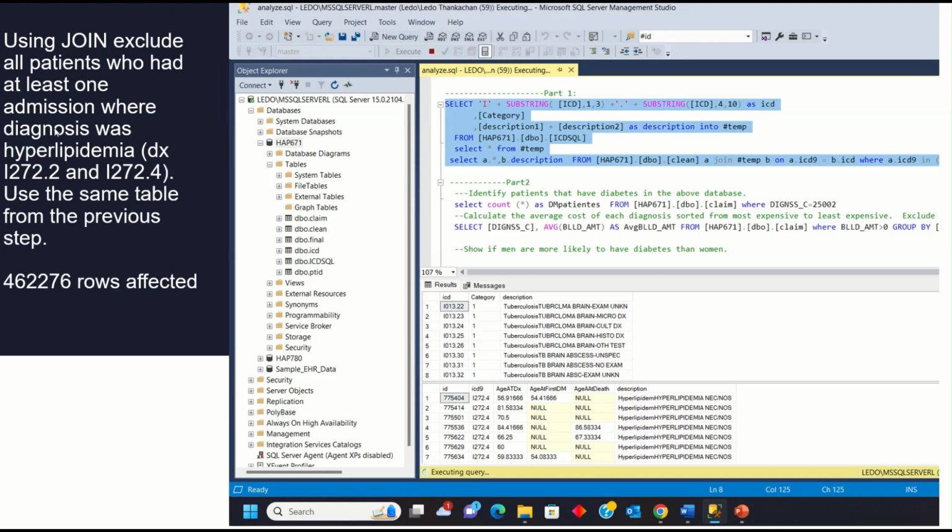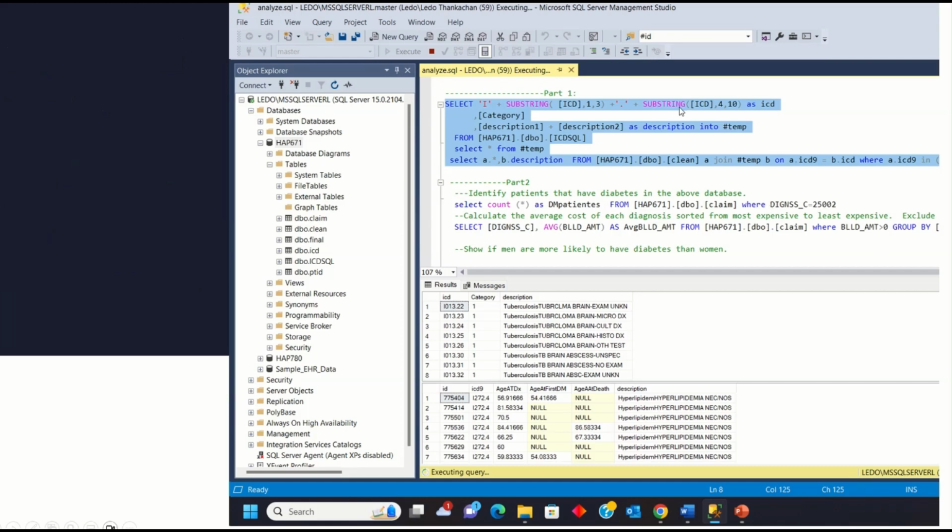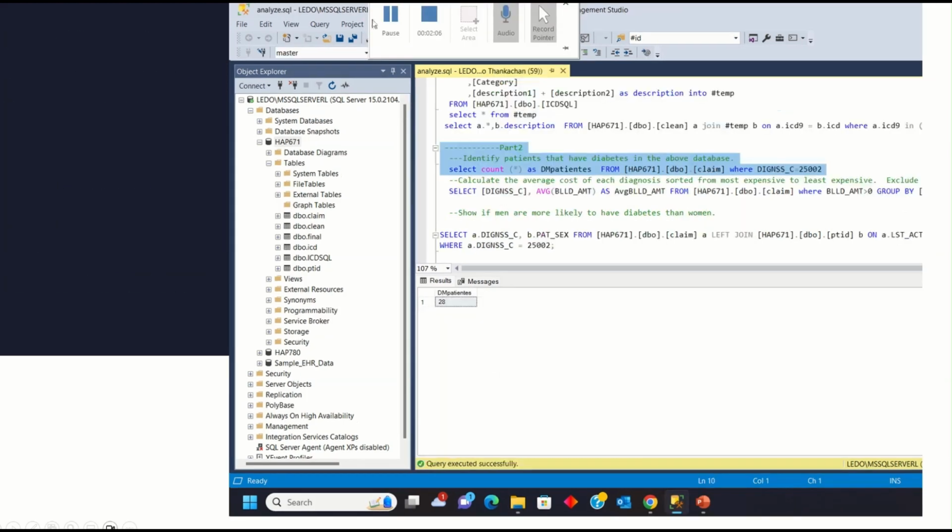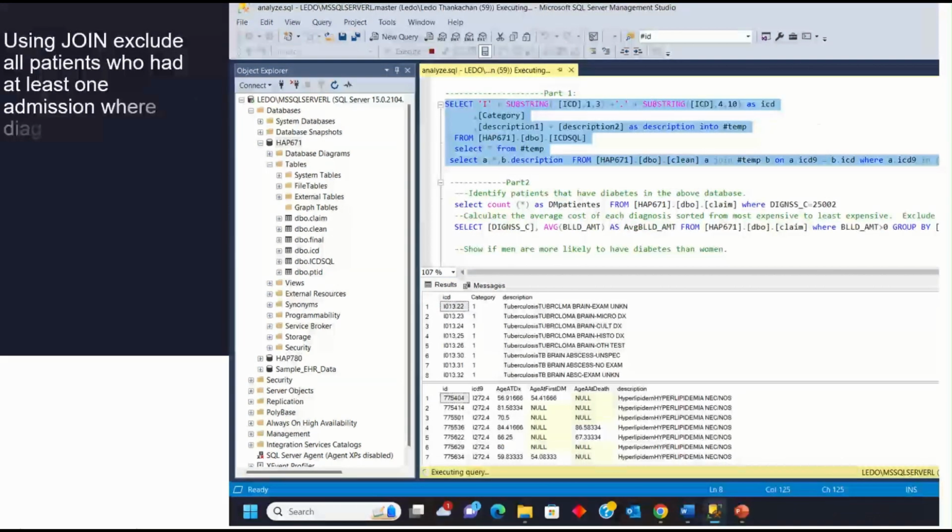For our first question, to join and exclude all patients who had admission where diagnosis was hypolipidemia, what we're going to be doing is we're going to be identifying the patients with diabetes. We use the diagnosis column. Then, sorry, we are going to be identifying patients with hypolipidemia. We start by creating a temp table called hashtag temp. This table includes all the modified ICD codes, categories, and combined description. The reason for modification is the data that we have does not have the letter I or a decimal place